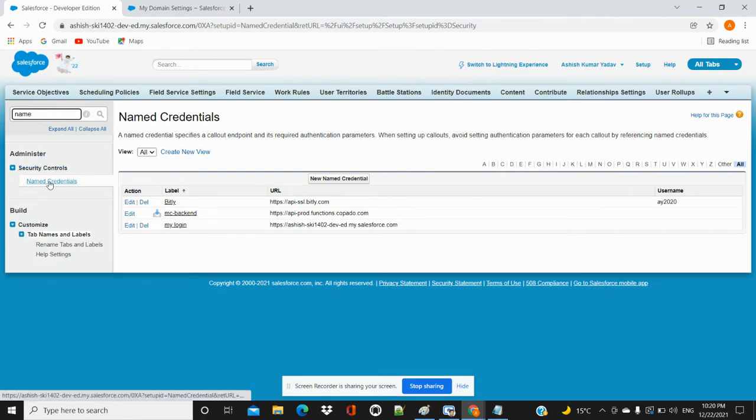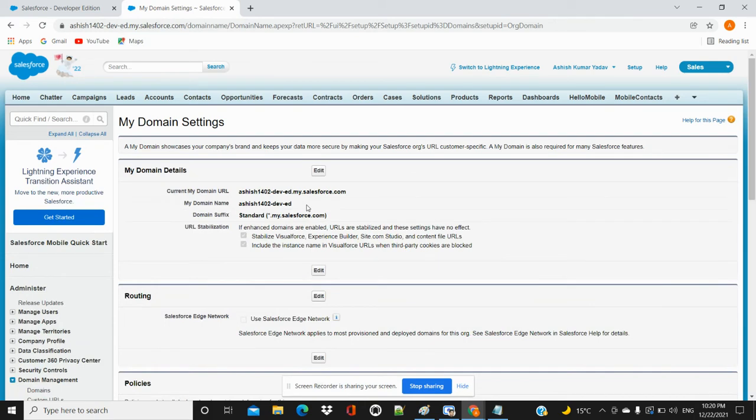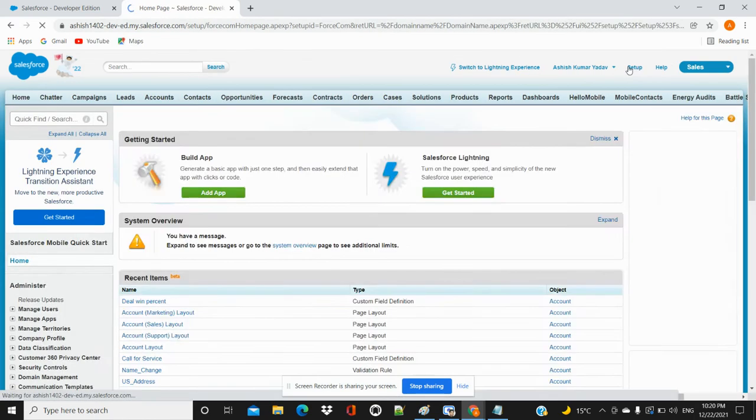So here a named credential is there, right? Here I have my URL, and you are able to see salesforce.com. This is my login, and for integration purposes we have performed some testing. So this is the named credential. Now I am explaining my second org. This is the first org where we have already enabled a namespace, but now we are coming to our second org, where my domain is there. For the second org we have already logged in.